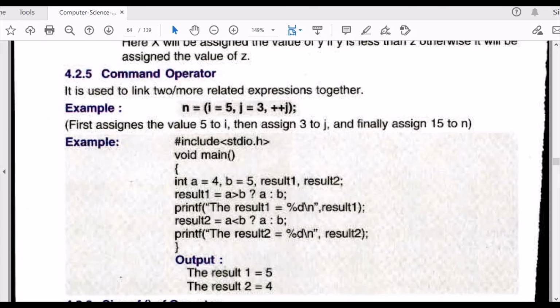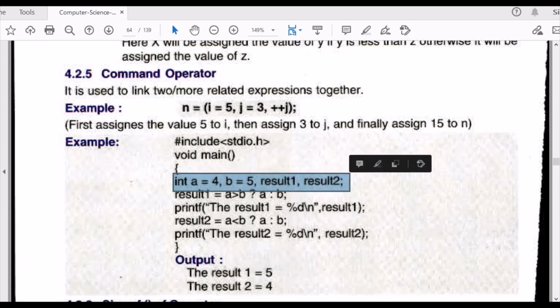Now, comma operator. Very good, comma. Suppose you want to assign a value, but you don't want to repeat everything. In this statement, you are dividing variables A, B, C and D into 4 parts with the help of comma.